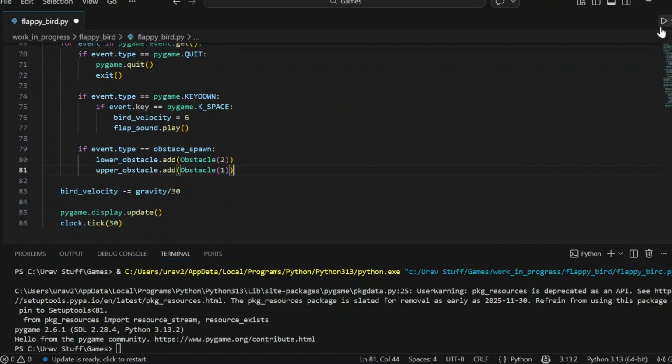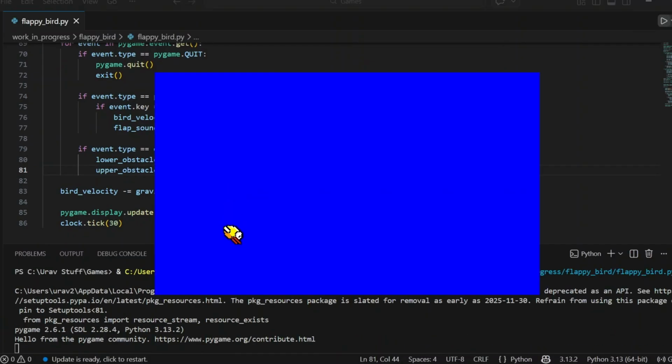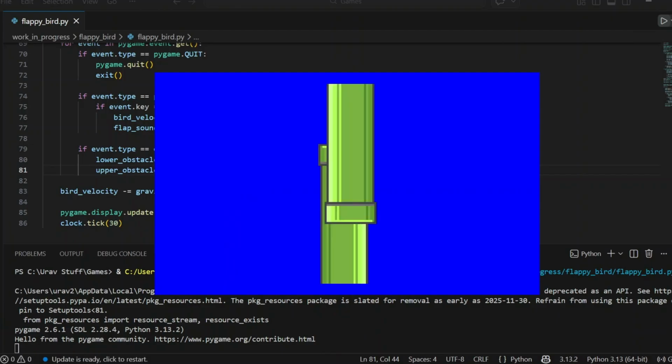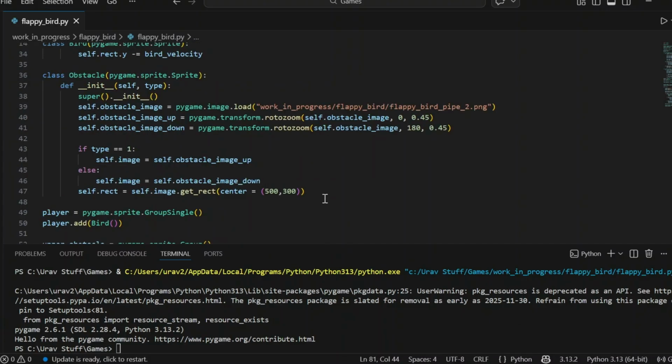Now if we run this, you see it waits some time, then they spawn in. Alright, now to set our positioning, we want them to spawn off screen and above and below each other. So what we're going to do is, if type equals 1, so the obstacle is the upper obstacle,